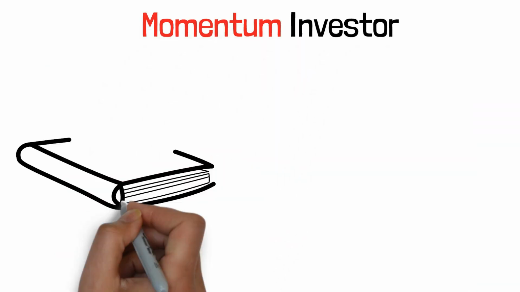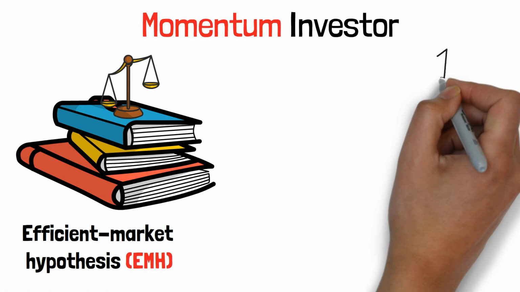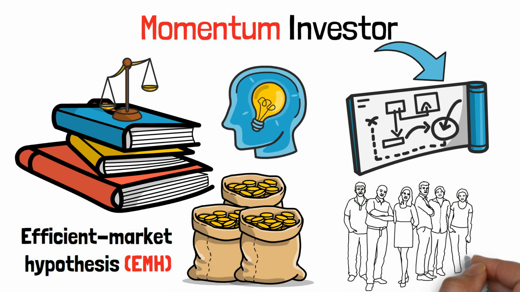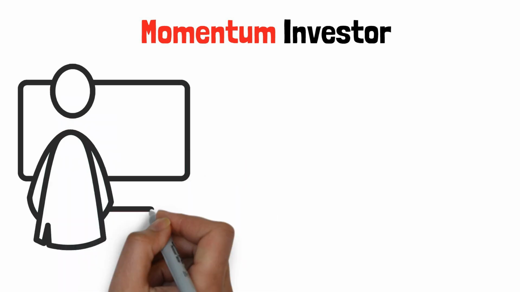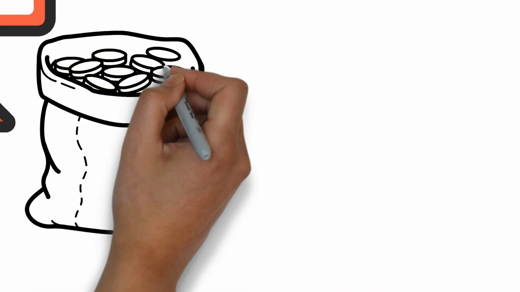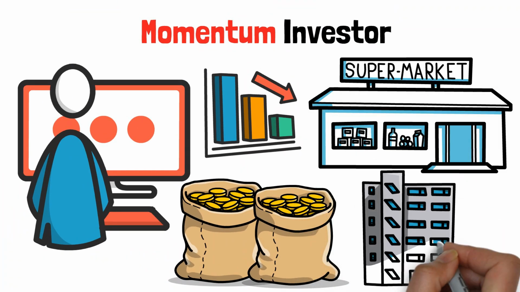Momentum investors act in defiance of the efficient market hypothesis (EMH). This hypothesis states that asset prices fully reflect all information available to the public. A momentum investor believes that given all the publicly disclosed information, there are still material short-term price movements to happen as the markets aren't fully recognizing recent changes to the company.